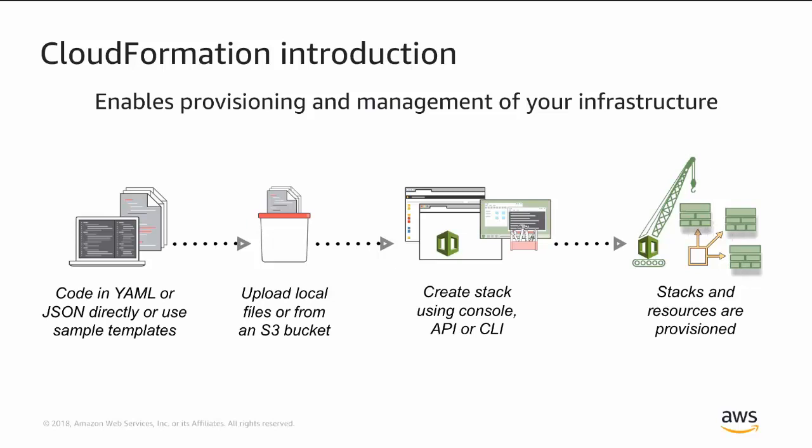And the way that works in practice, you can see a simple diagram here. You start out by defining your resources within a template, and you can do that either by simply opening a text editor and starting to write YAML or JSON code, or you can use simple templates that are already created. This can be anything from code snippets that you'll find in the CloudFormation documentation, all the way through to complex architectures like the ones constructed by our AWS Quick Start team for things like data lakes, or PCI compliance, those types of things. So once you have your resources defined in templates, you then put them into an S3